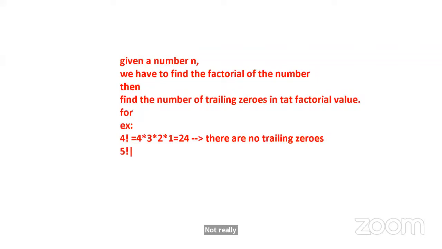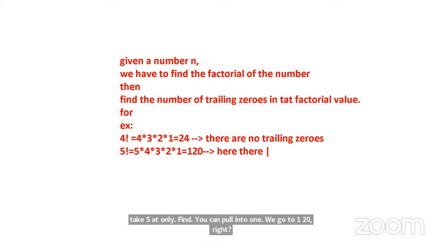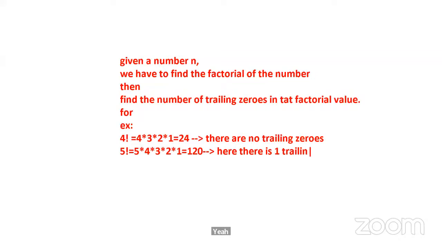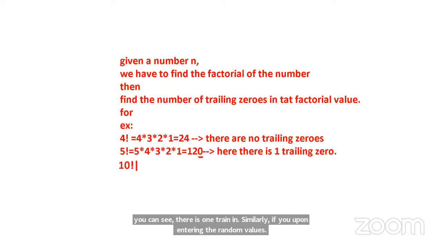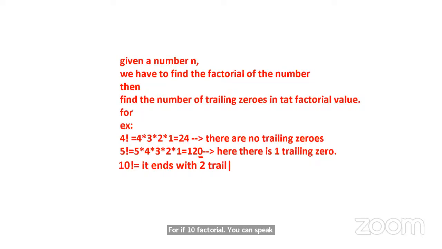You take 5 factorial, 5 into 4 into 3 into 2 into 1 is equal to 120, right? Here, there is one trailing zero, as you can see. Similarly, if you keep on entering random values, if you take 10 factorial, it ends with 2 trailing zeros, correct? In that way,